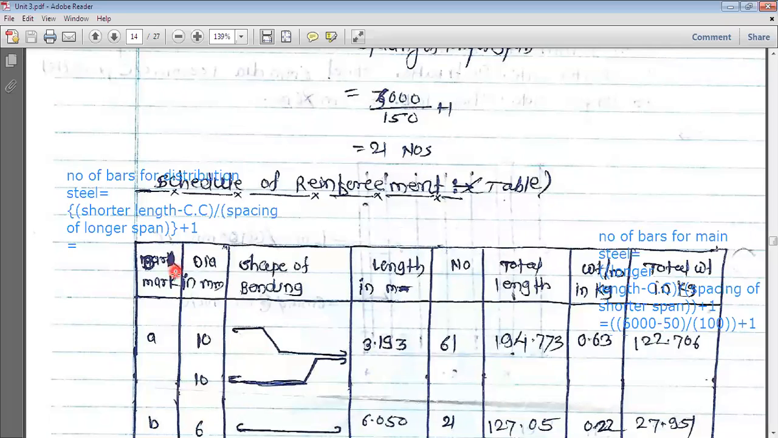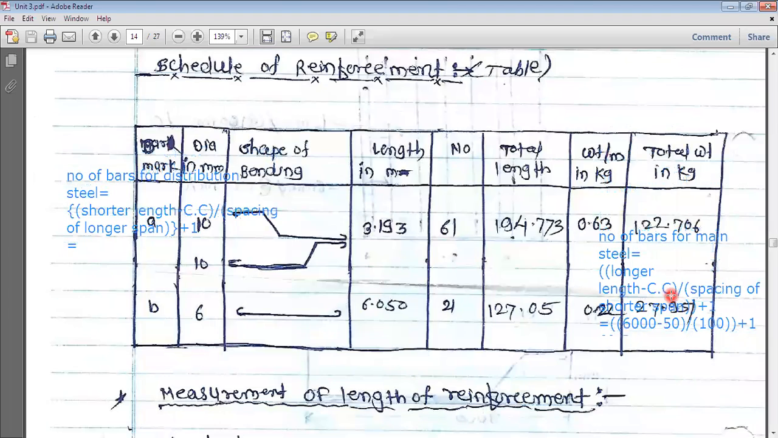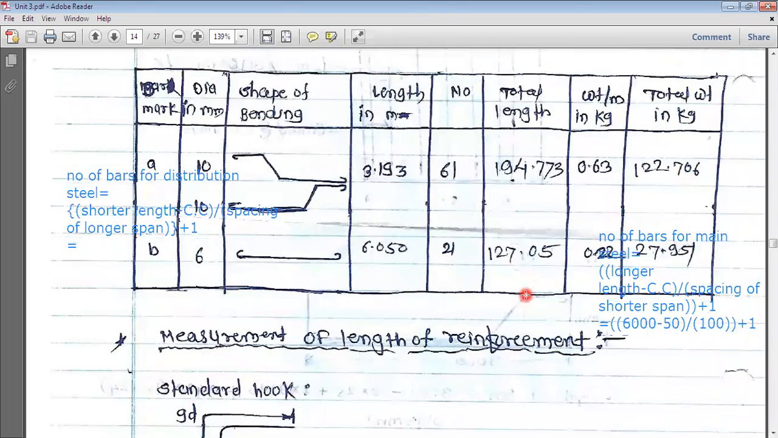So our first column will be your serial number, second column will be nothing but description of the bar, so whether this is used at the bottom, bent up, top bar, or stirrups. Then third column will be your diameter of the bar. Next is nothing but the shape of the bar. Okay, next is nothing but the length of the bar. Now next will be the numbers, next will be the total length, next will be the weight of the bar in kg and the total weight. Now if I will scroll it, okay, so